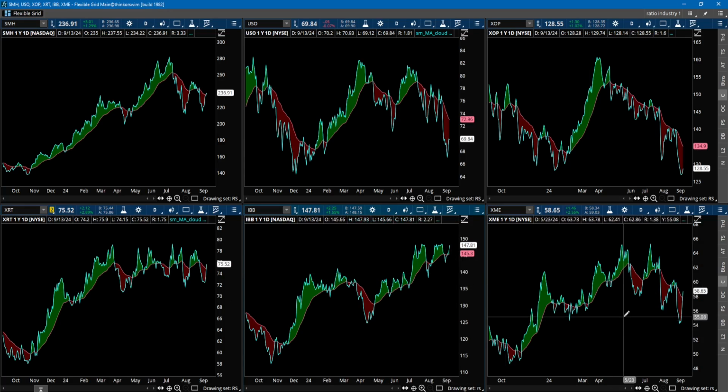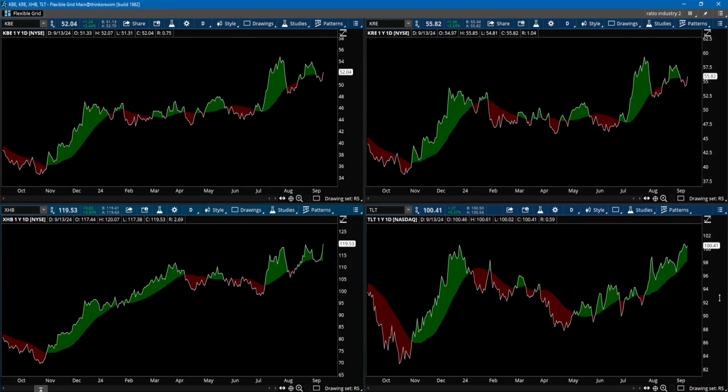Biotech is still holding strong. And the miners are lower high, lower low, even though we did see a little bit of a rally last week coming back up. The banking sector is still holding firm here, although earlier in the week we got a little dip, but it came back up by the end of the week and is still above the 30-period moving average. Right now the homebuilders continue to move higher, along with TLT. The long-term bond finally broke that 100 and moved above the 100 level once again.